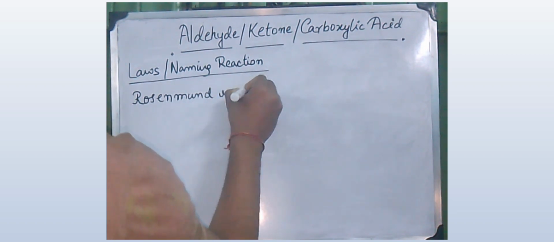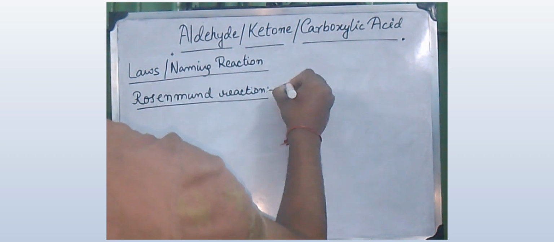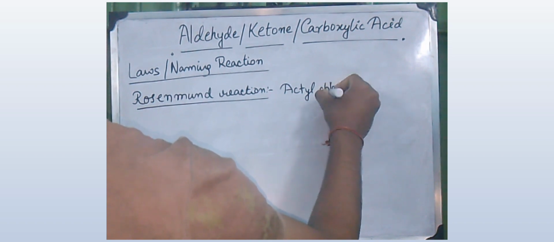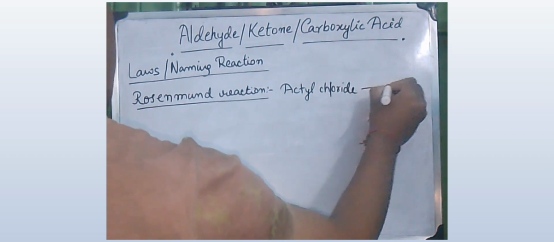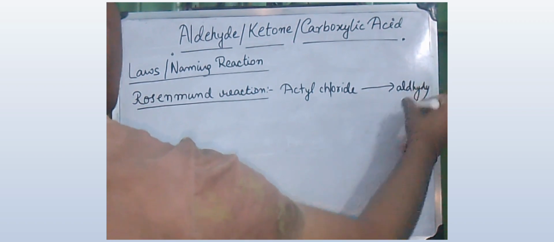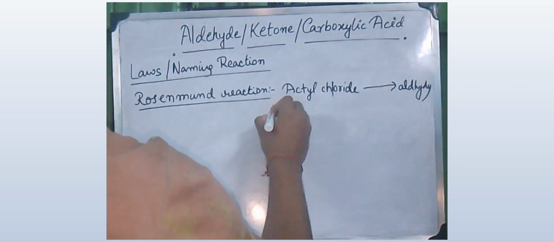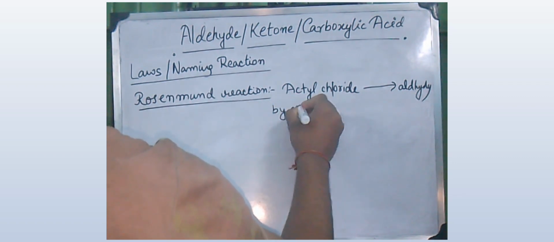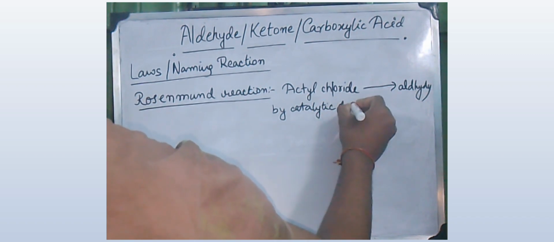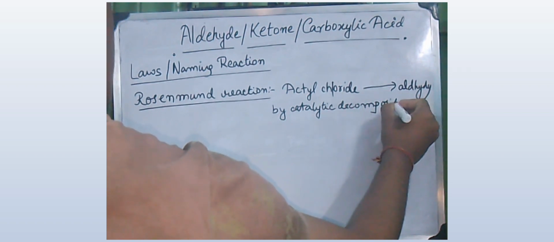In this reaction what happens, acyl chlorides are converted to corresponding aldehydes by catalytic reduction. The reaction of acyl chloride in the presence of palladium deposited over BaSO4 partially poisoned with sulfur or quinoline. Acyl chloride gets reduced to aldehyde by catalytic reduction